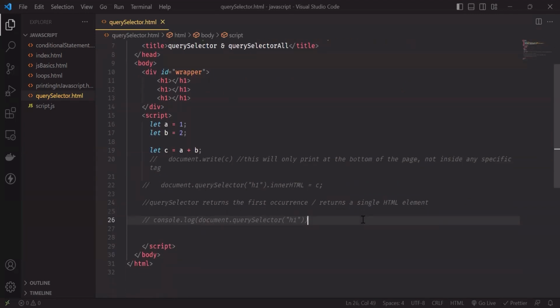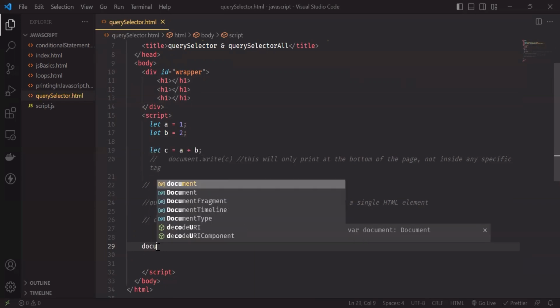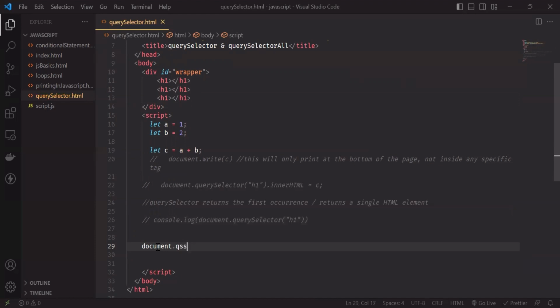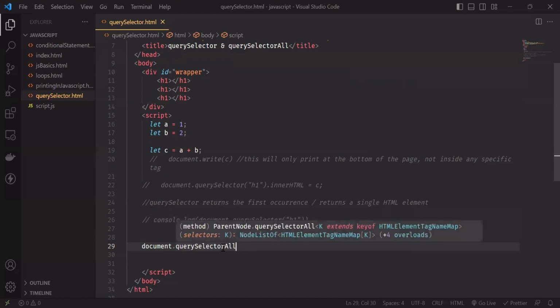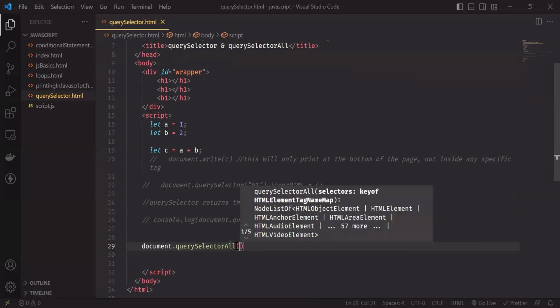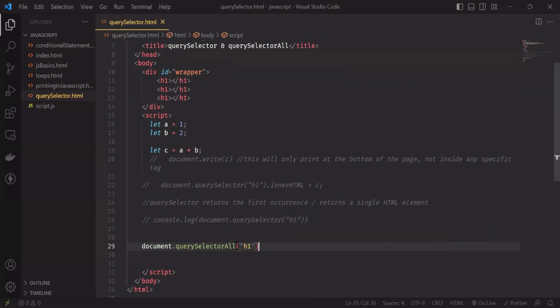Query selector all, on the other hand: what if I wanted to pick all the h1 that were there in the page? Obviously, query selector will not be able to do that. That is the job of document query selector all. If you go by the definition, okay, there is no definition. No problem. Document query selector all, and if I go h1 in here